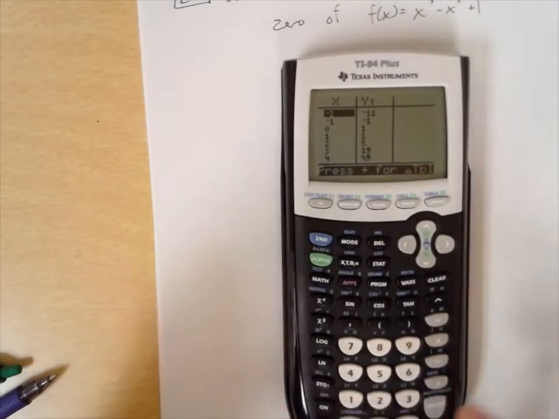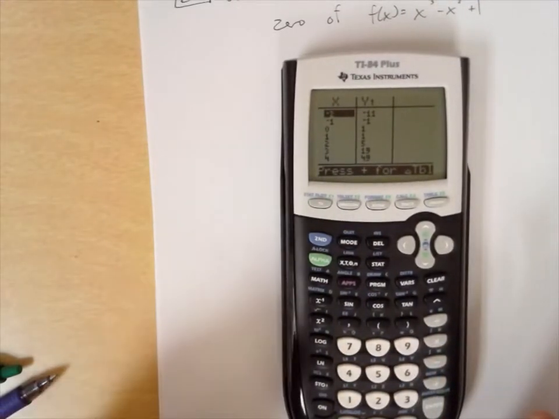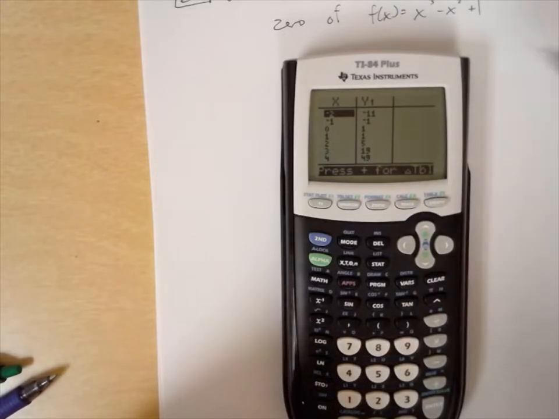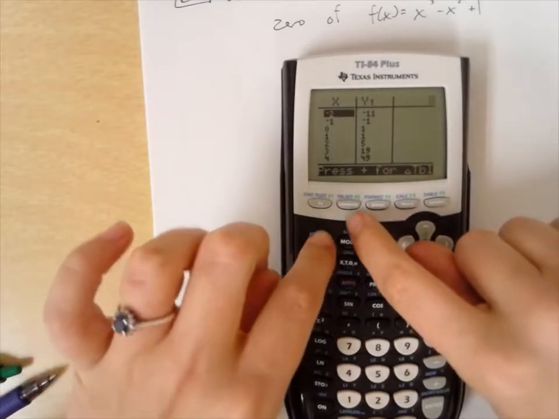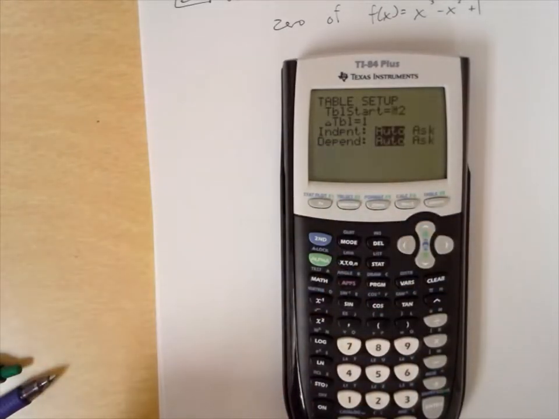So what we can do now is we can break up that interval even more. We can take a closer look between -1 and 0, and here's how we can do that. We can press second window. We can take a look